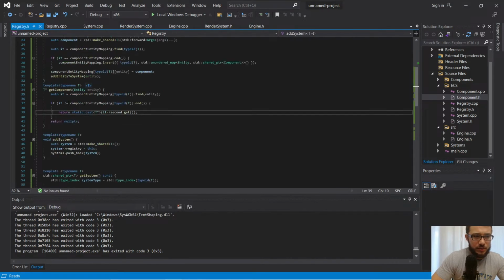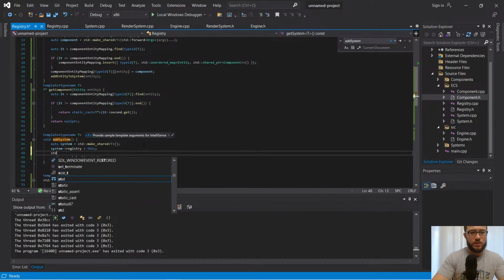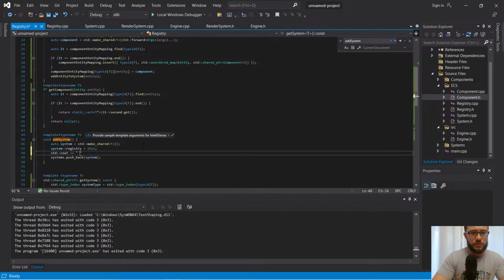Let's go to the add system function. Add system. std system has been added, and then